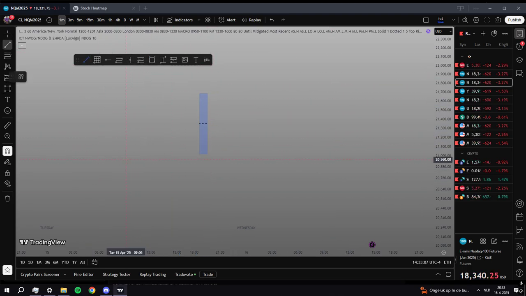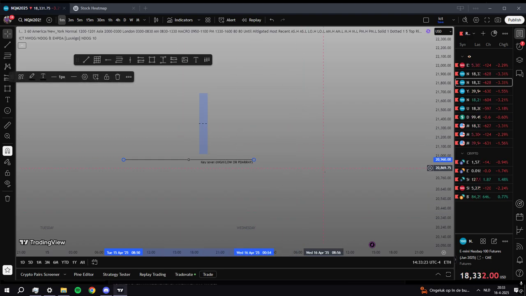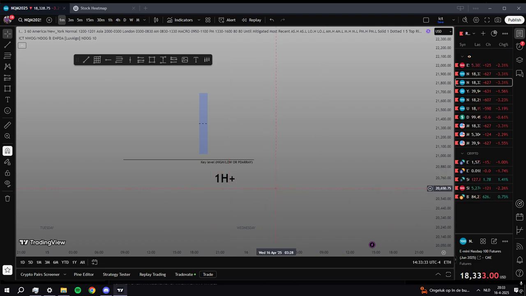Let's say there is a resting key level here. Okay, a key level that can either be a high or low, or a PD array. So it can either be a high or low PD array, which I mean order blocks, breaker blocks, whatever. Preferably 1 hour or above. What you want to see,